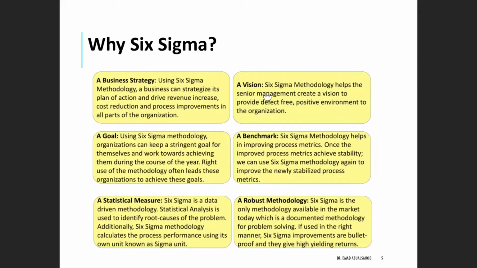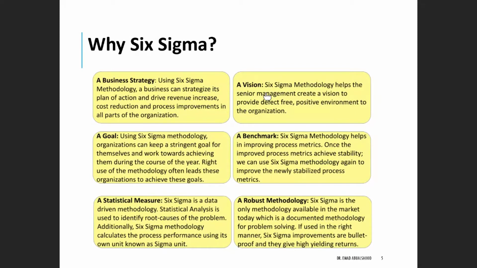Vision, you can put it on an even higher scale than a strategy, because strategy comes in the planning. Vision is something ongoing. You will have it for your organization. So you can use the Six Sigma as a vision. It helps the senior management to create a vision. For example, we are going to provide